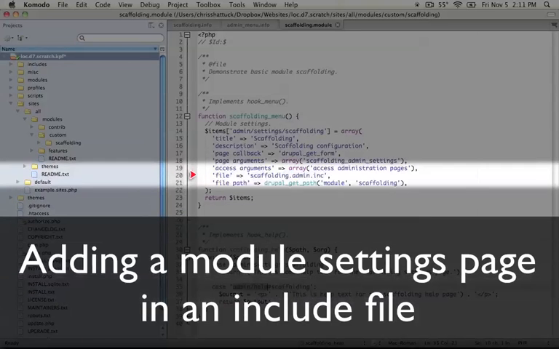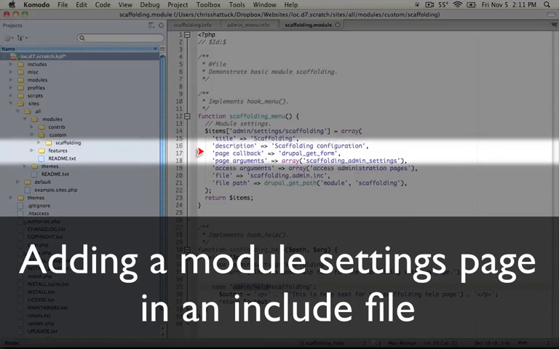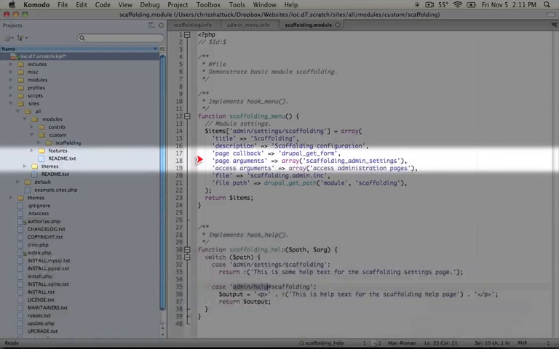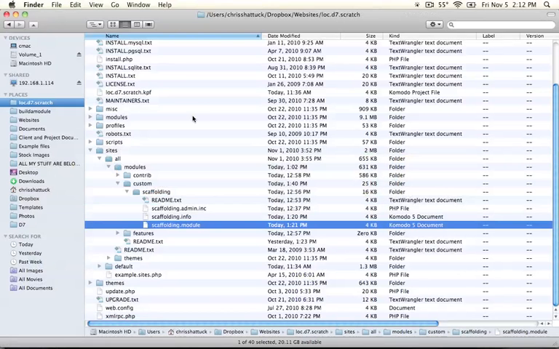Okay, now let's go back to this function right here that we're passing to the Drupal get form function. So again, the scaffolding admin settings parameter that we're passing to Drupal get form says go look for a function called scaffolding admin settings and grab the array that it returns. And we're going to use that array for a form. So let's go ahead and look at our inc file here,